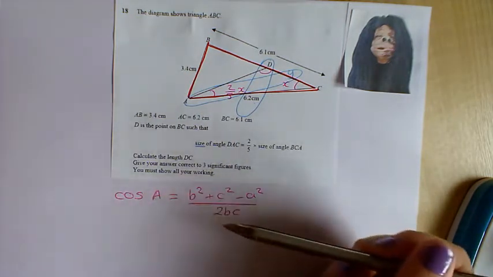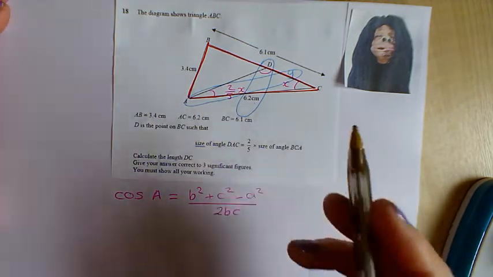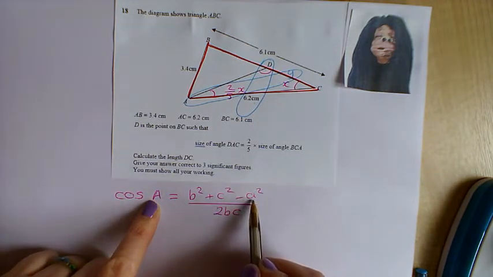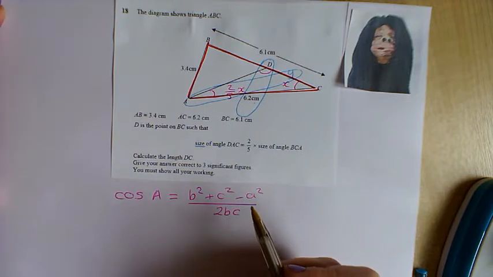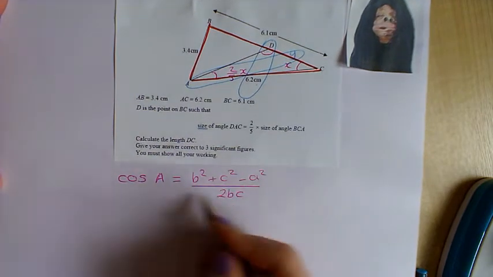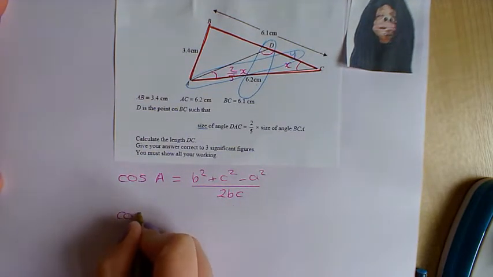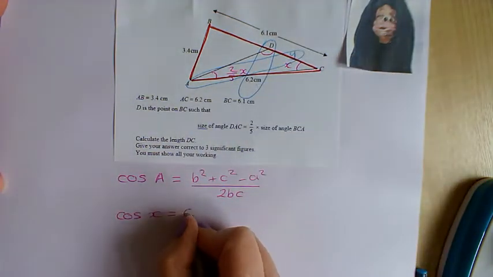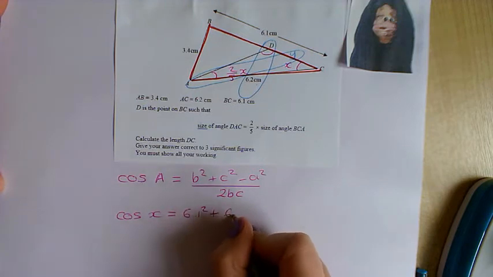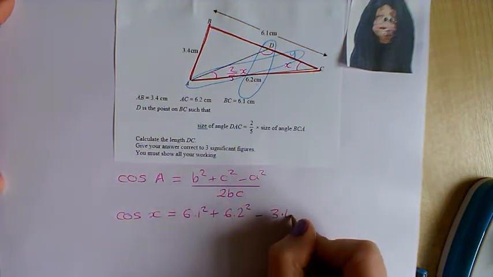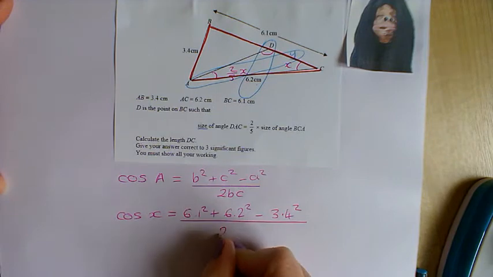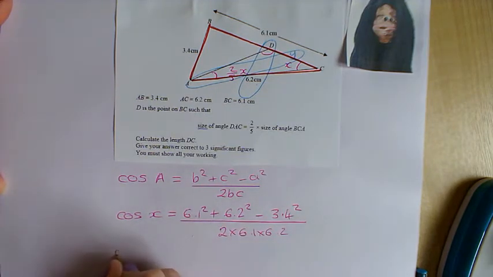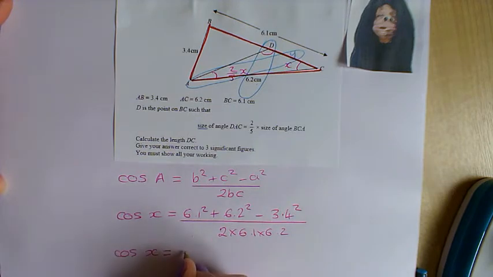So you can label them whatever way you want really, but you've got to remember that in the angle you're trying to find, the side that we take away is the one that is opposite it. So putting the right values into this, we're going to find cos of x equals one of the sides next to it plus the other side next to it, take away the side opposite it, all of those squared, divided by 2 times side times side. Putting that into your calculator gives you